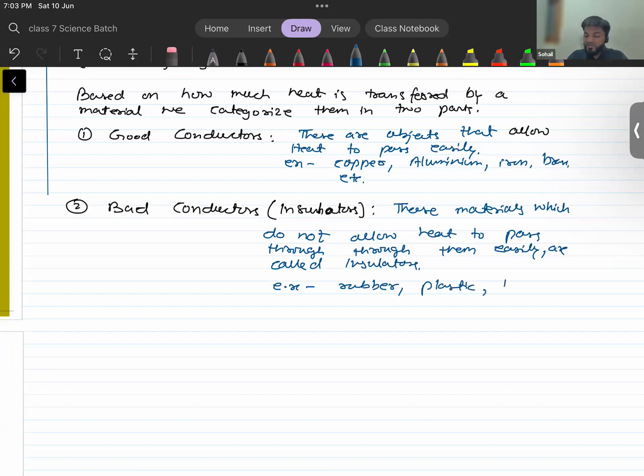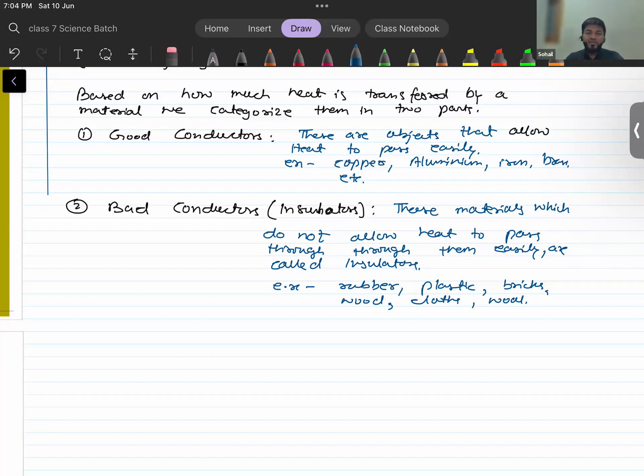And what else? Bricks. Can you think of some other examples? Sir, wood. Wood is also not a very good conductor. Wooden materials. Or clothes. Clothes are also bad conductors of heat. Or let's say wool. Wool is also a bad conductor of heat because the very purpose of wearing clothes made up of wool during winter